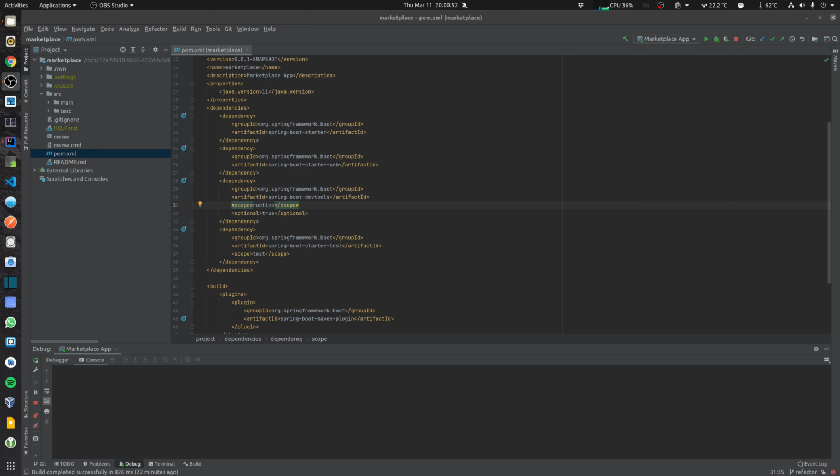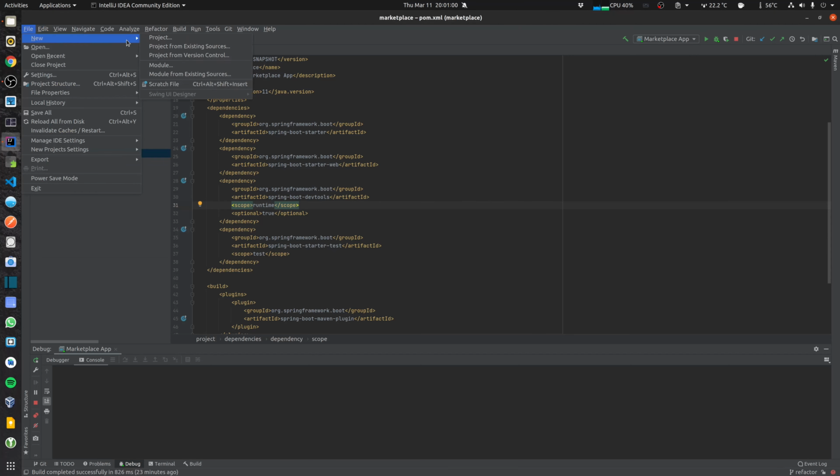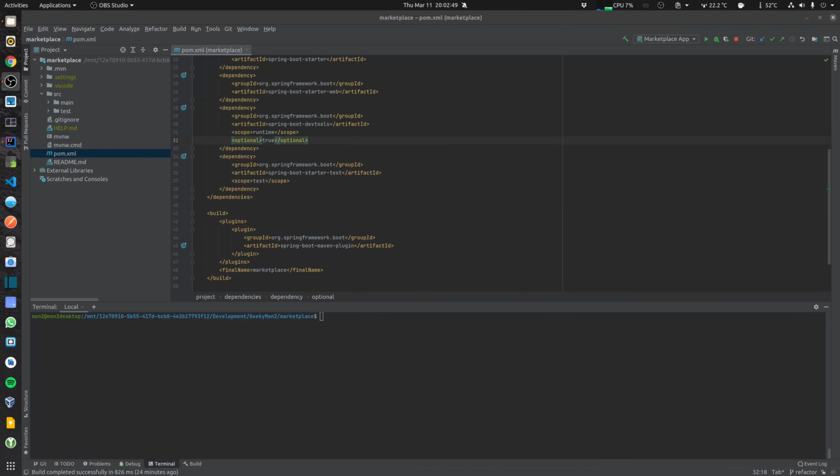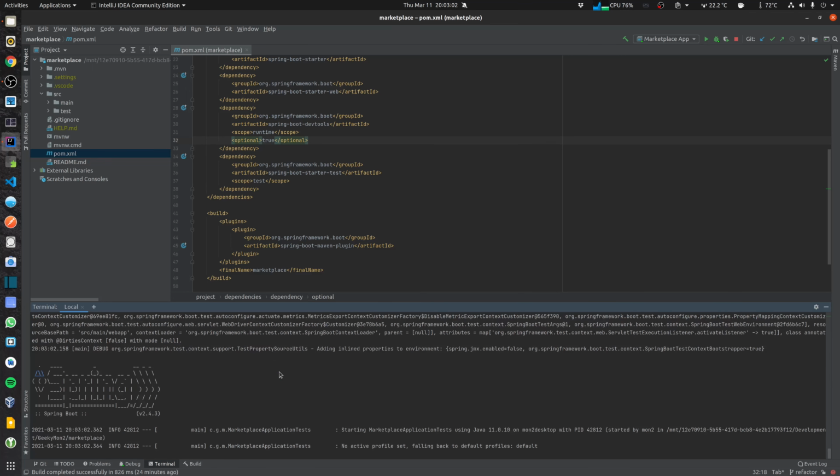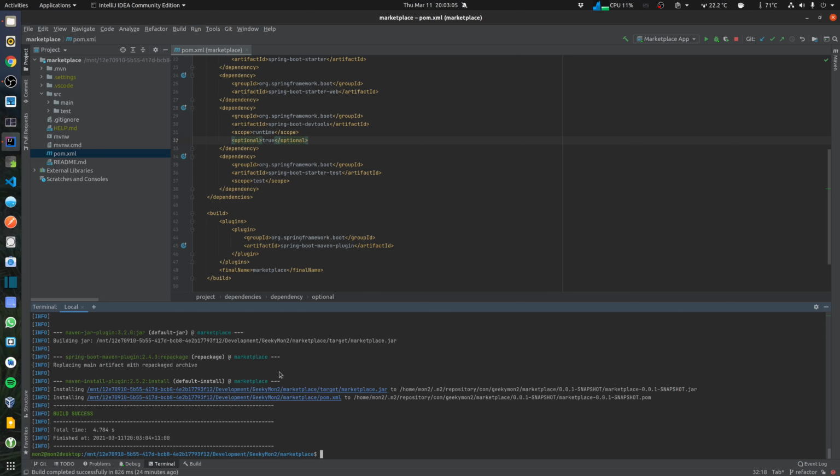So the next thing that I have done is imported my project in IntelliJ, and for that I have just gone to File, New, Project from existing source, and then I selected that POM file from the Spring Boot project. And if I open my local terminal, I can just do a maven clean install, mvn clean install, and that will build my project. If for any reason you don't have maven installed, you can still use that SDK man utility that I mentioned in my second video to install maven. And you can see that the build is successful, so everything is in place.